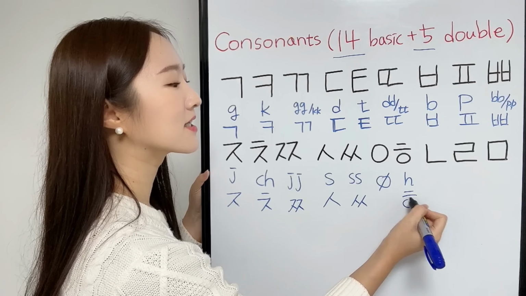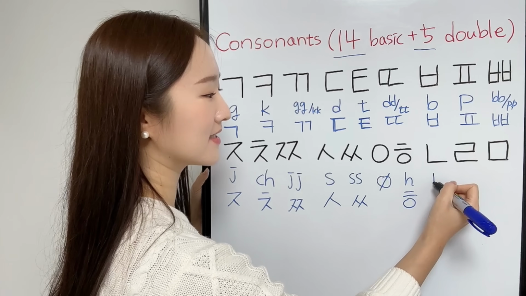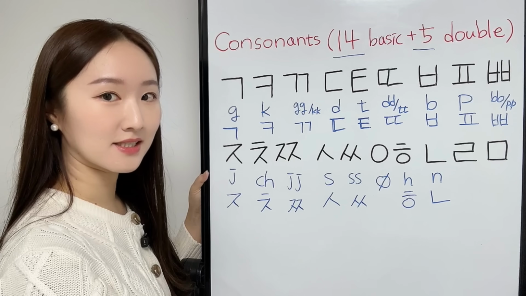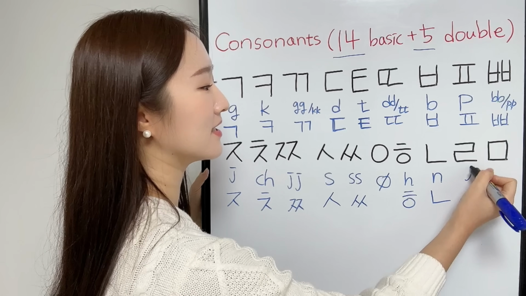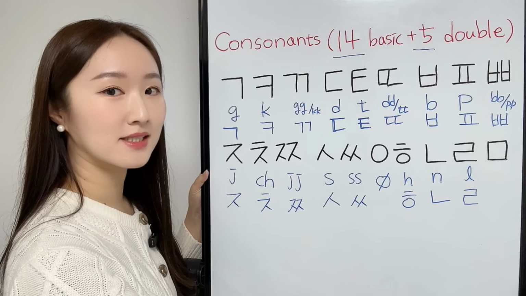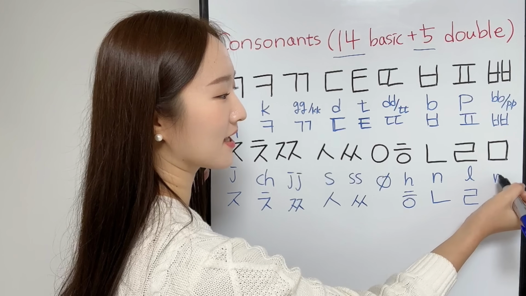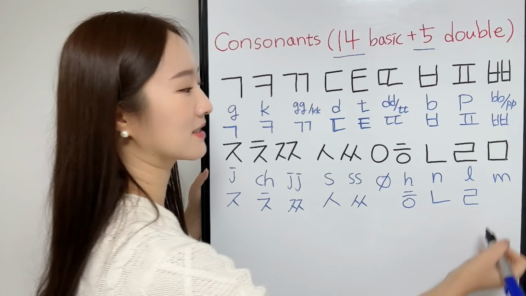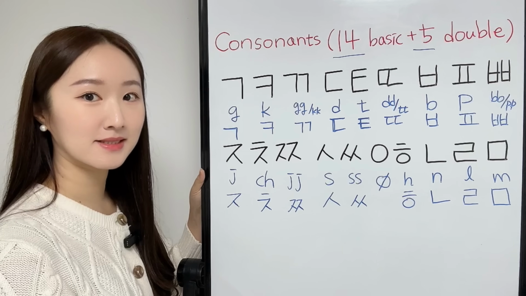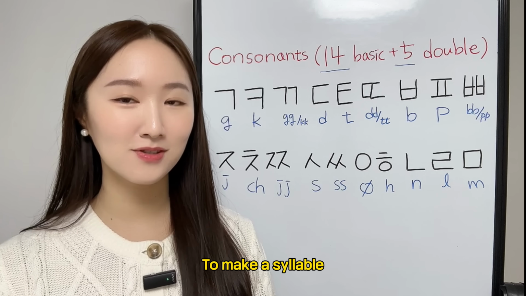And this one is H sound. H. And this is N sound. N. And this is L sound. L. And last one is M sound. M. So now we learned vowels and consonants, and to make a syllable, we need to combine